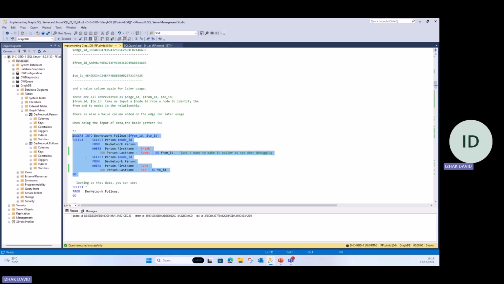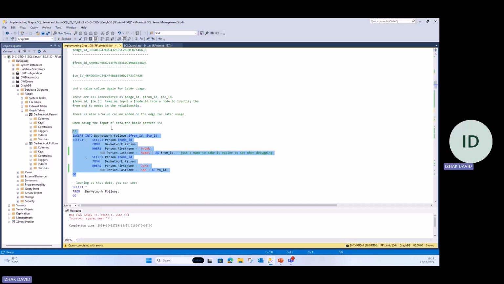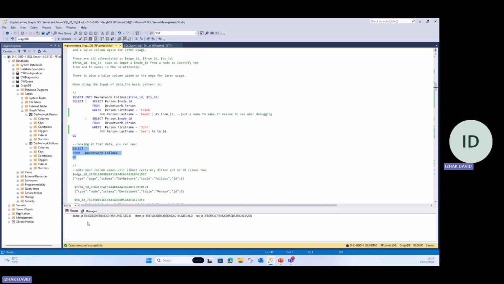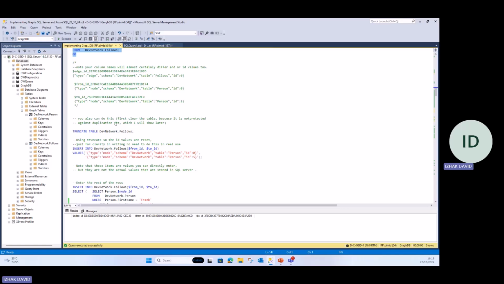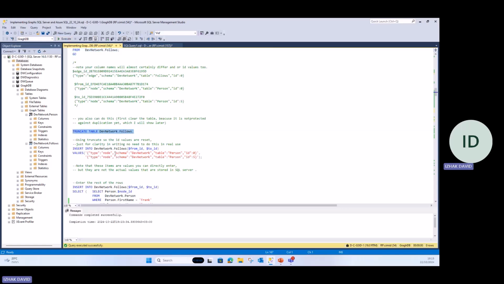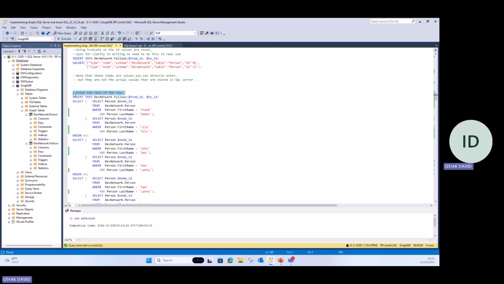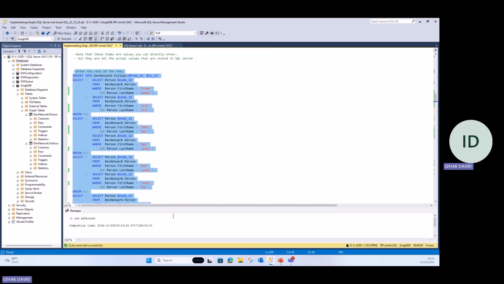Now we insert implicitly two records into the follows table, which is the edge table. This is the syntax. And we can query the table, and you can see that we have edge ID, from ID, to ID. We'll truncate this table, and we can implicitly set the node table into the follows table. Now we'll insert all the rest of the data into the